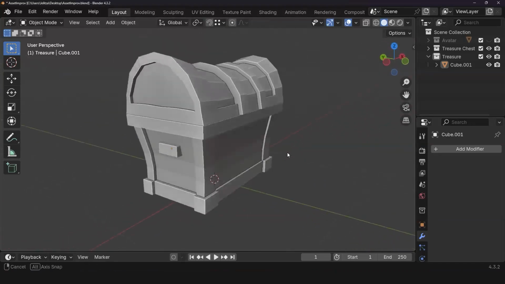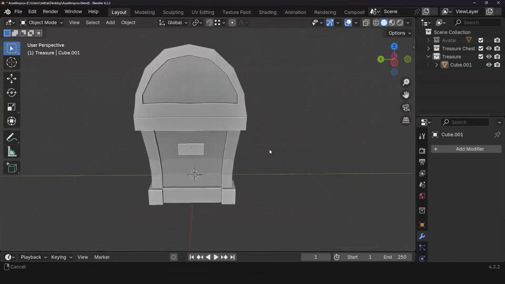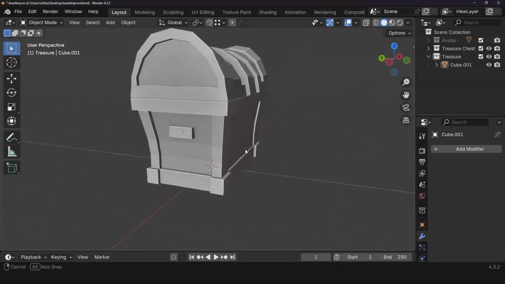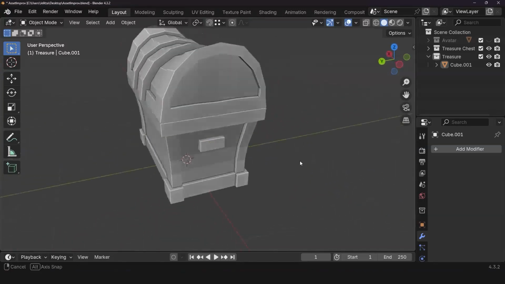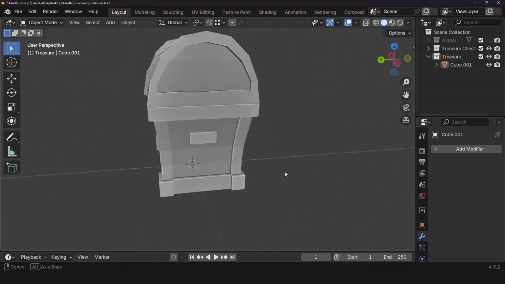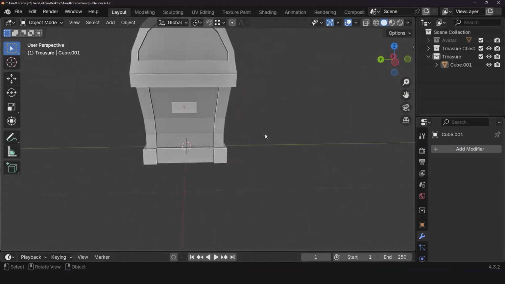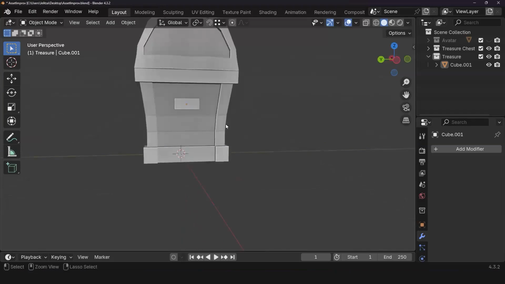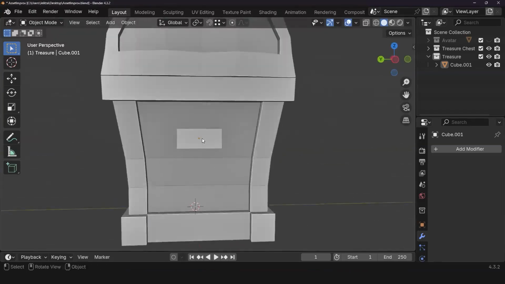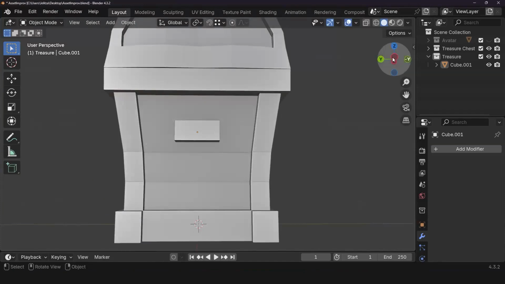Alexander, I'm definitely going to leave the teeth and tongue to you because I'm almost at time, but I would definitely enjoy seeing what you do with this guy. You can make it your own, make it how cool you want it. Also, I did want that cursor back there, but it's okay.